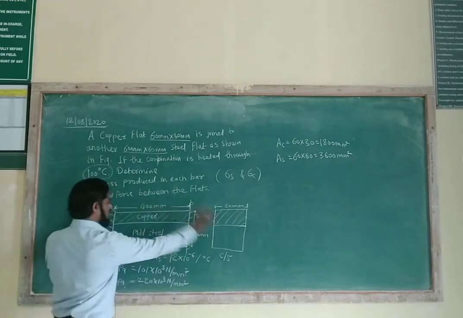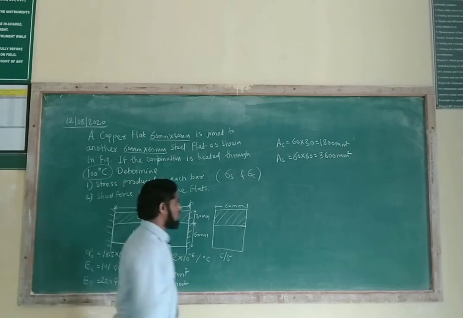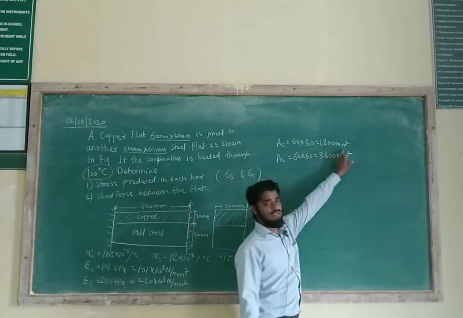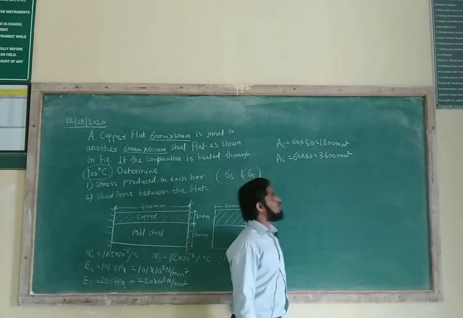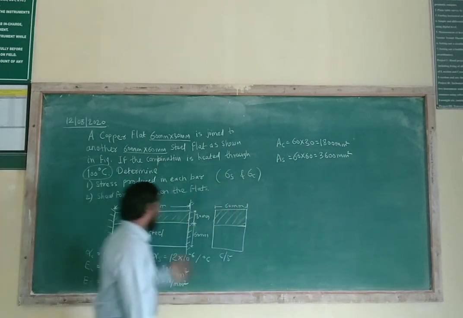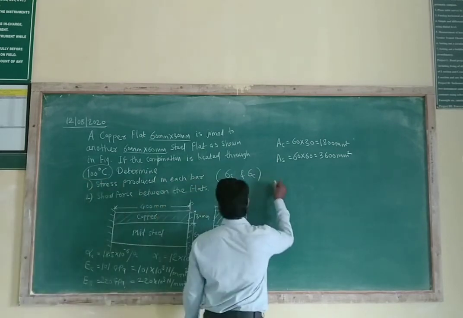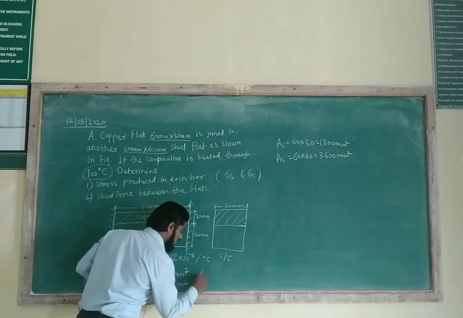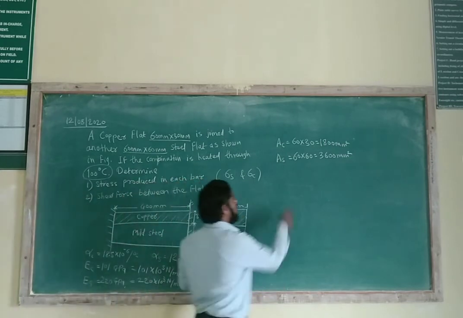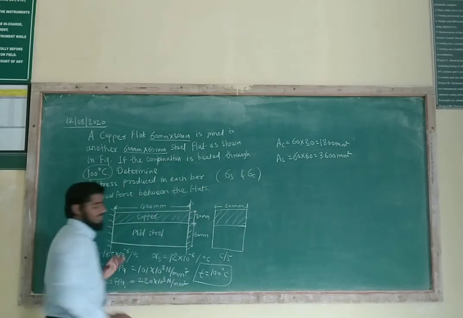Now, with the help of these dimensions, first of all we need to calculate the areas of steel as well as copper. Dimensions are given for copper, 60 by 30, so the area of copper is 1800 mm square, and the area of steel becomes 60 by 60, that is 3600 mm square. The length of both members is the same. The value of T is given in the problem, 100 degree centigrade. Remember this. Now if both the members are heated through 100 degree centigrade, what will happen?